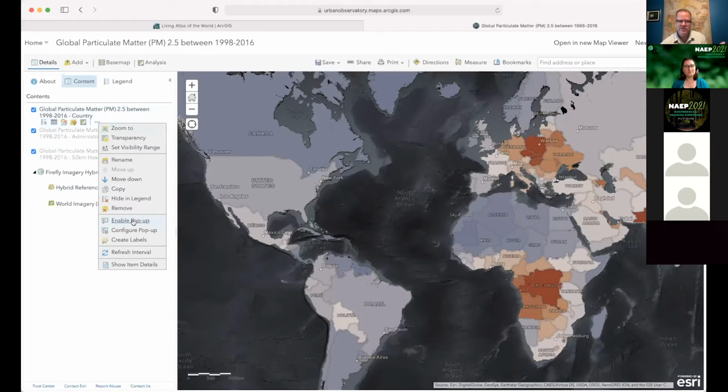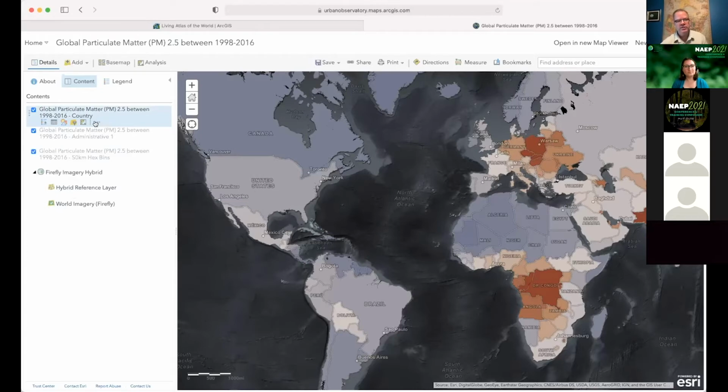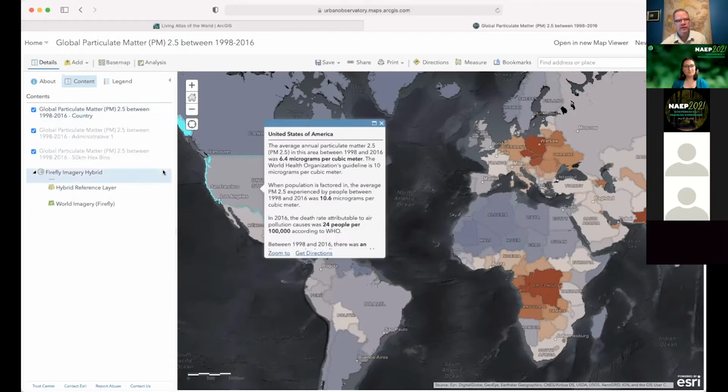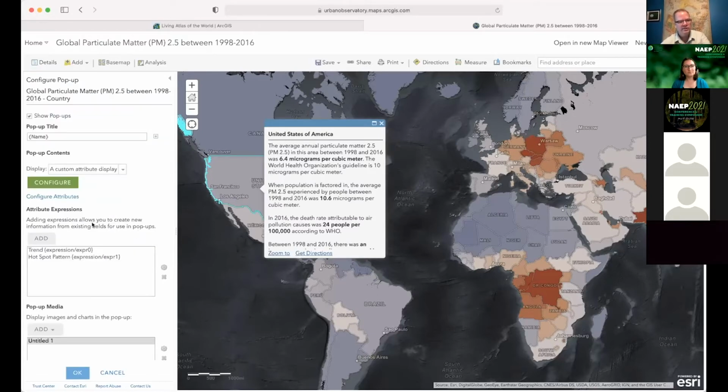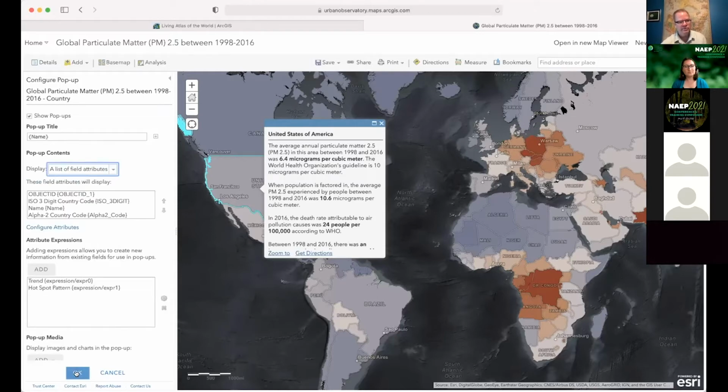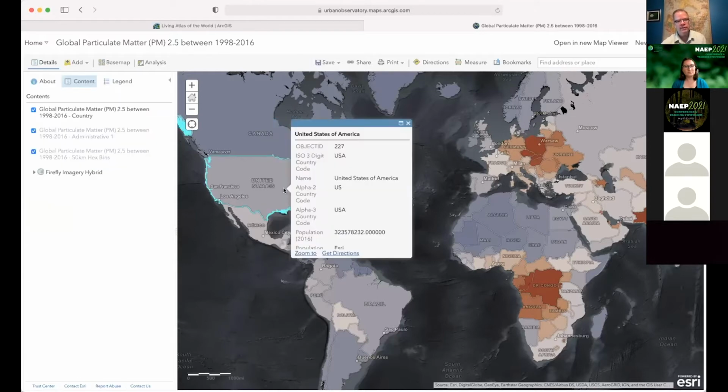I mean, it's a good place to start, is to enable the pop-up. And on a layer, just make sure that you enable pop-ups somewhere on the layer. And because this one has already been pre-configured, I'll just go in and change it to the default view. So this is the view that when you first add a layer to a web map, it often will look like this, where it's just, we call this the rows and columns pop-up,